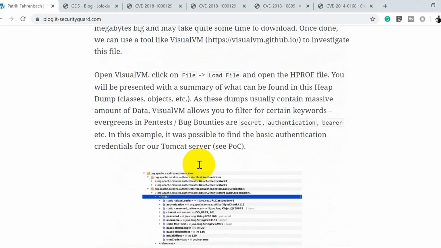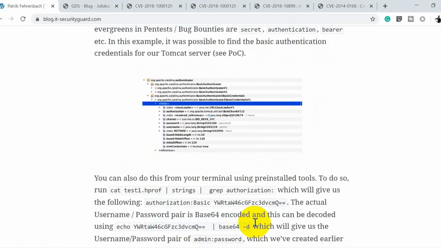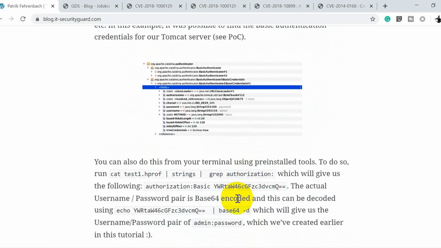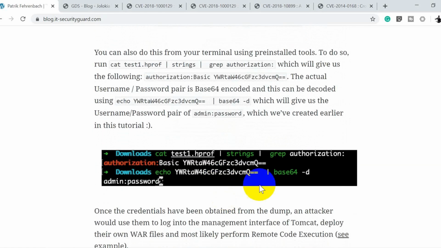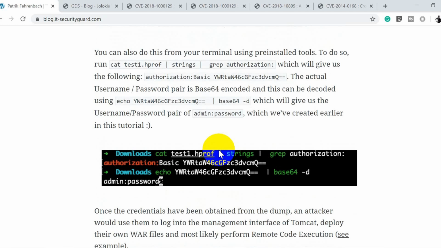And if you scroll down, probably you will see all those different methods and parameters that have been set here. So you could see one of the parameters is authorization basic, which you can of course decode to get a clear text value, and dump the password, and then you can perform this WAR file based remote code execution.